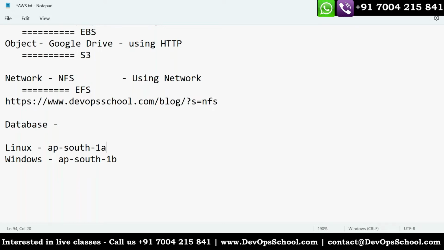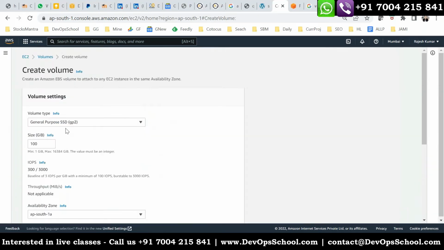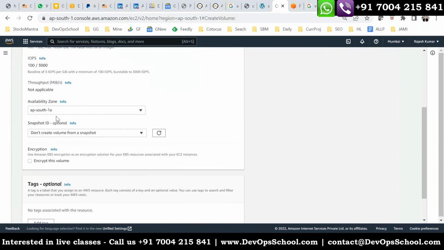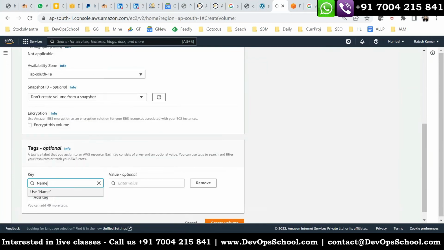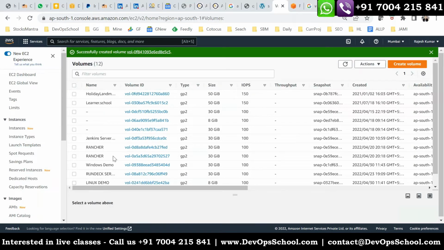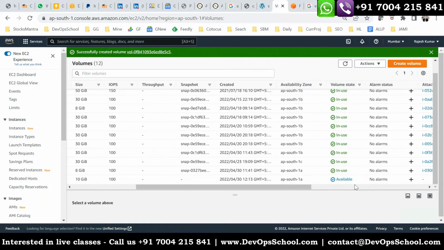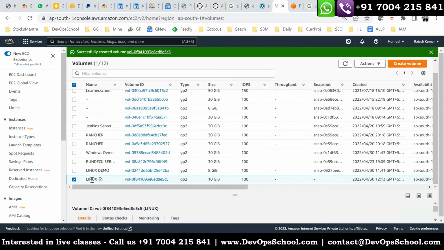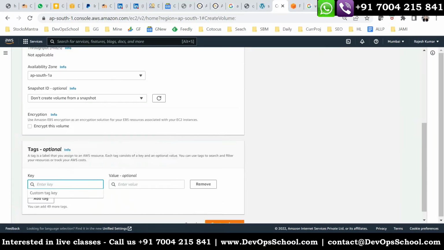Yes. So what I'm going to do, I'll go to the volumes again. This time I'll create a volume, 10 GB, that's okay for the time being, and I'll create one for this instance. I will name it Linux and create it. Now you see all these volumes are in use, except the last one, which is available, which is Linux. One more volume, let me create it, 10 GB, name it Windows,